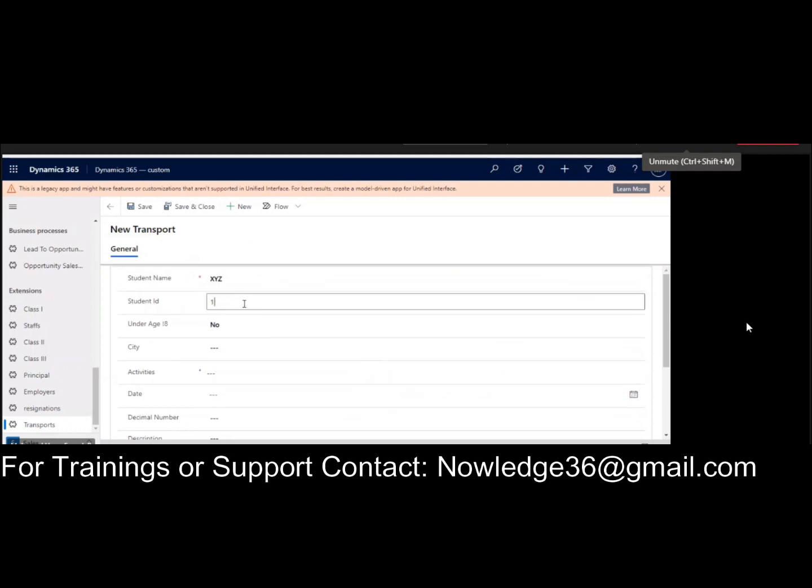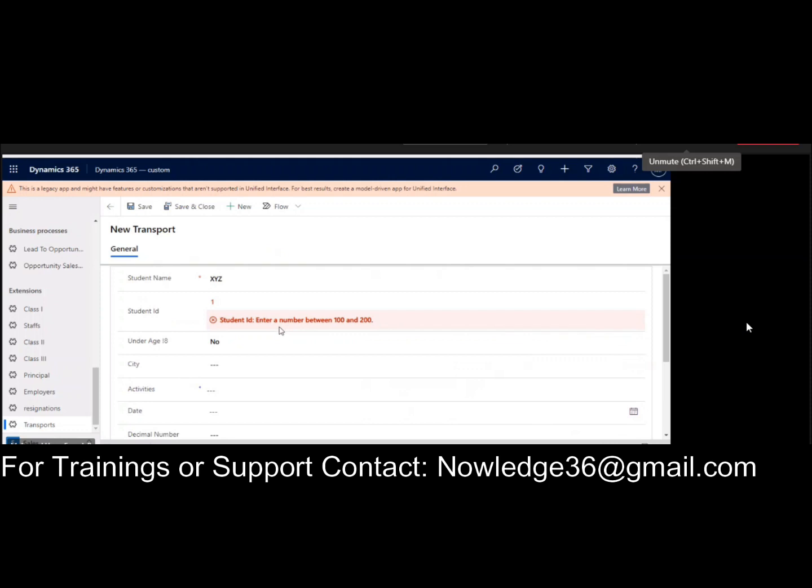Here you see if I enter 1, it will show an error, because I gave the values, enter a number between 100 and 200. If you enter 1000, it will show an error too.